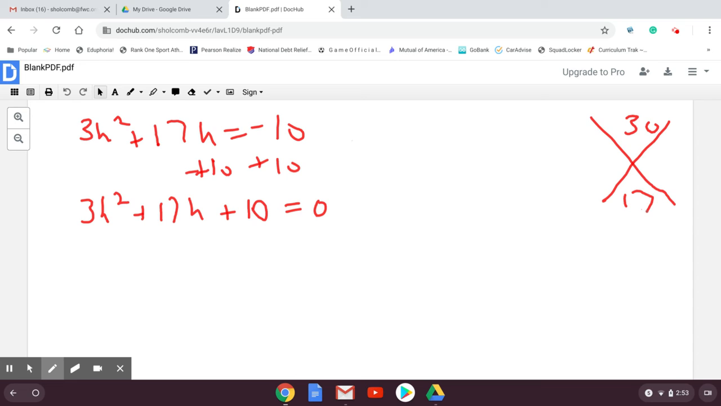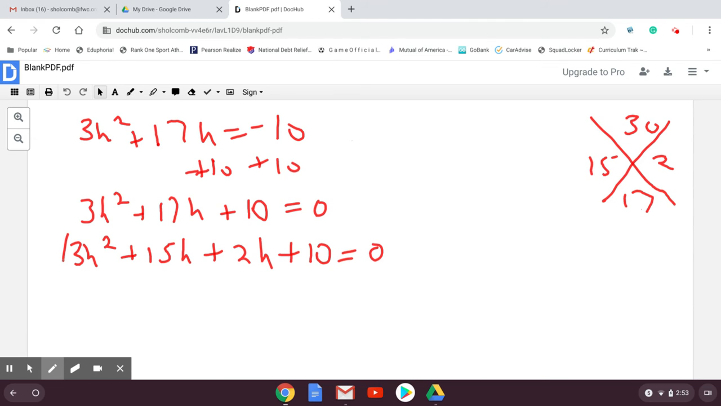Well, think about what that's going to have to be. It's going to have to be 15 times 2. Might take you a little bit longer than me to come up with those, but you can do that. And then remember how we're going to use those numbers. We're going to split apart the 17h to 15h plus 2h plus 10 equals 0. And then we're going to group and factor by grouping so that I get a 3